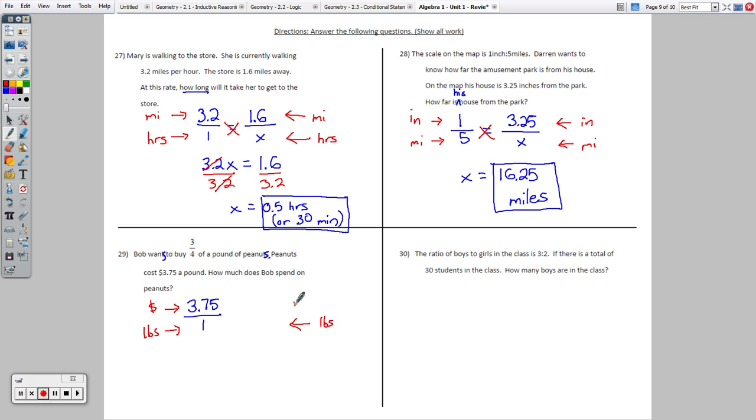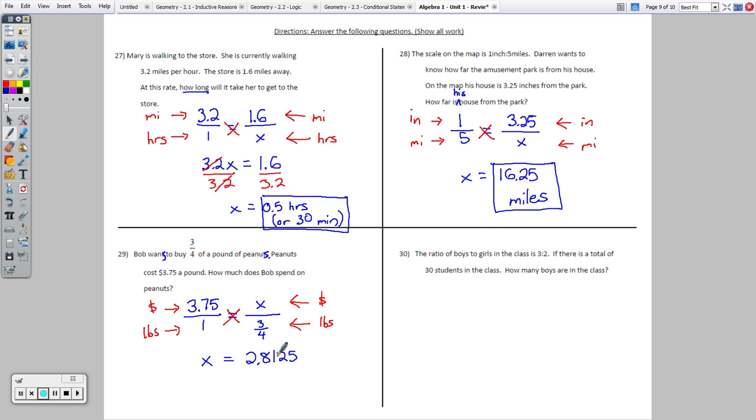So I need to compare the same thing over here. I need to use the same comparison over here. So this is going to equal, now we're talking, well, what about 3/4 pound instead? So 3/4 could go on the bottom. How much does that cost? I don't know yet. So if I cross multiply though, I can figure that out. If you would have just done 3/4 times 3.75, yeah, that would have worked too. But make sure you know how to set up the proportions as well. So this would be